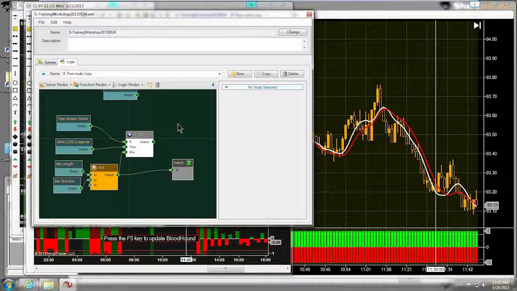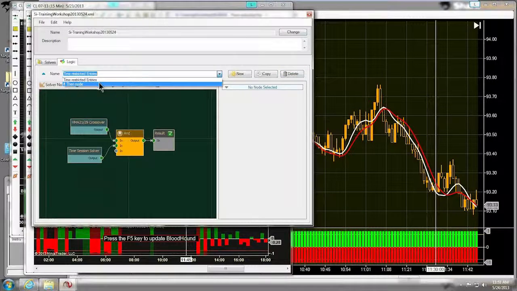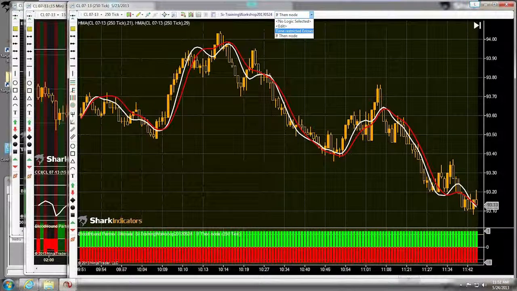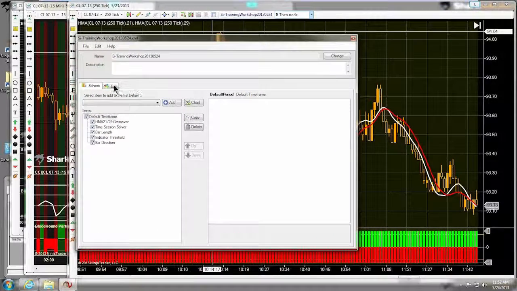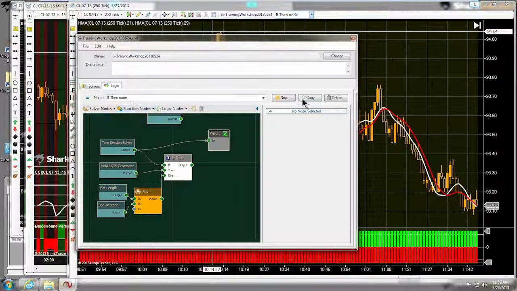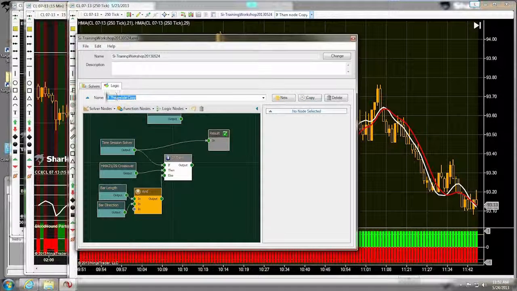So I'm going to delete that one. All right. And just to let you know, Jeremy is working on a way so that you could create, if I copy this and call it my core system,